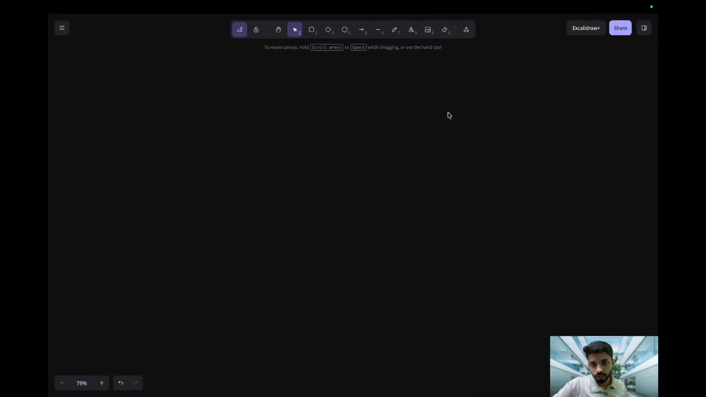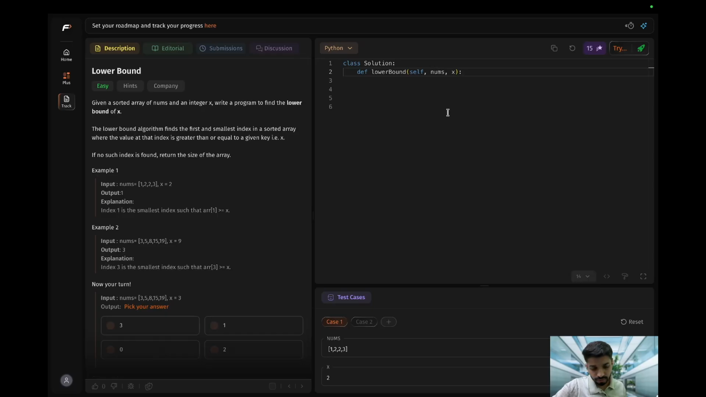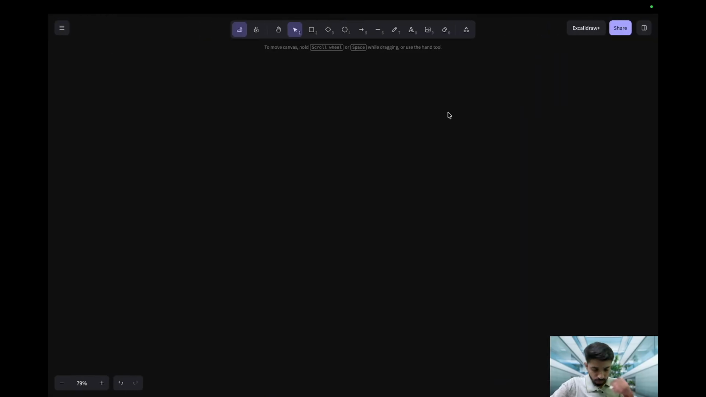Let's understand what is the lower bound in binary search. Okay, let me explain what will be the lower bound. Okay, let's say we have an array